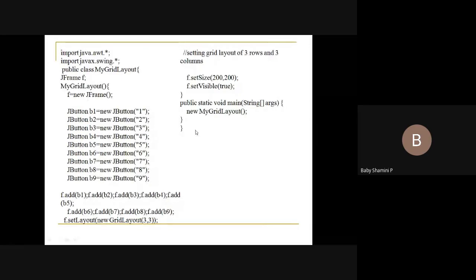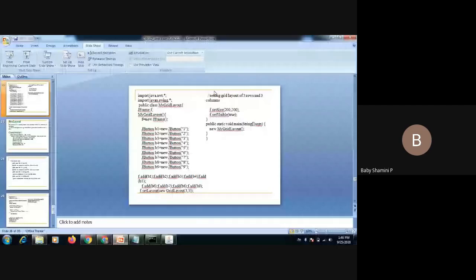So how to create a GridLayout? Object.setLayout(new GridLayout(3, 3)). This is the row value and column value; the row value is 3 and the column value is 3. Based on that, it creates a GridLayout, and all the components are added into the certain regions. And I'm going to set the frame size and set the visibility to true. All the programs are similar; the only changes are in the methods. So let's execute this one. Next one is GridLayout.